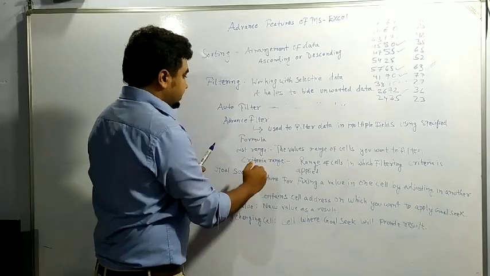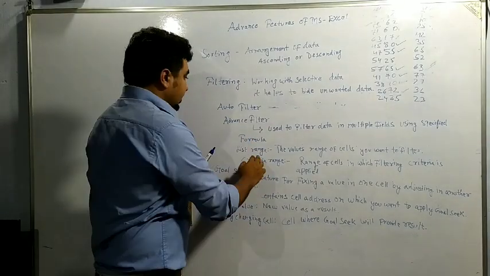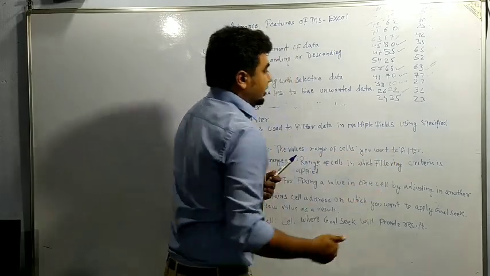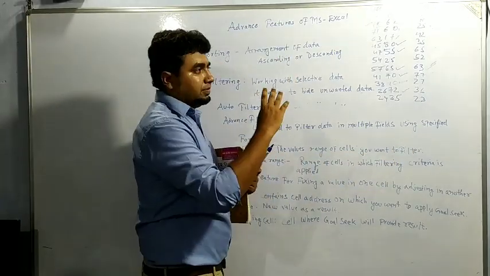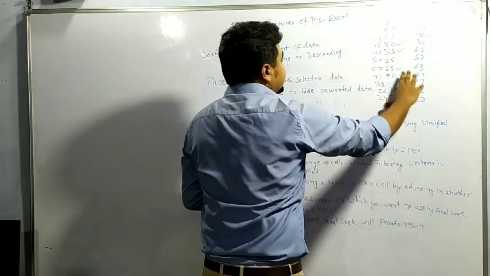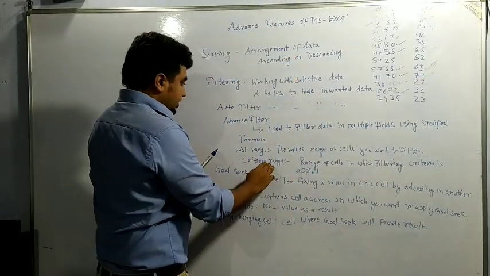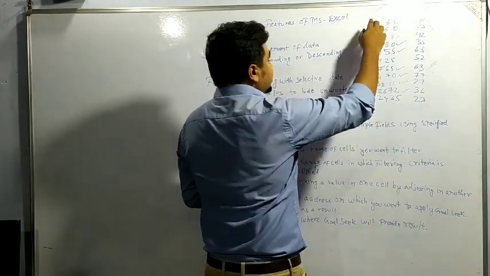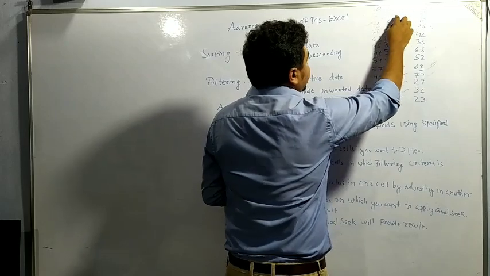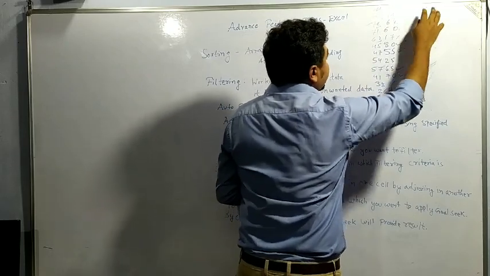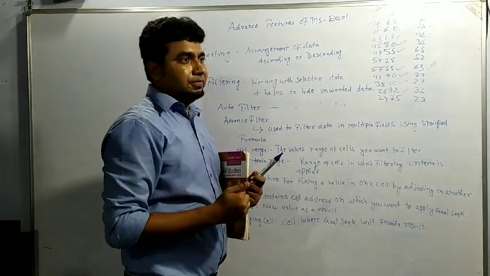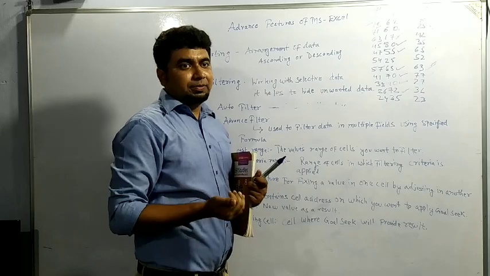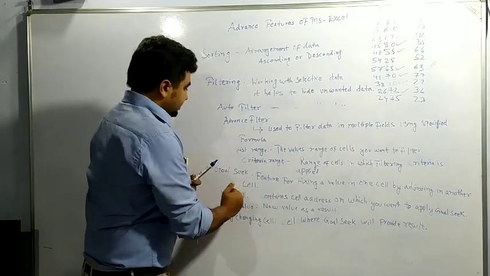So it is calculated. So 2 ranges are there. The list range is the range of cells you want to filter, the values from which you want to filter. And the criteria range is the other range. For this example I have taken the criteria as 40% for the first subject, 35% for maths and 40% for physics. This is the criteria in this example. You can take any value. We'll be doing it in the practical part also. I will be showing you by video.